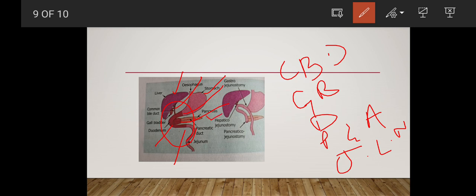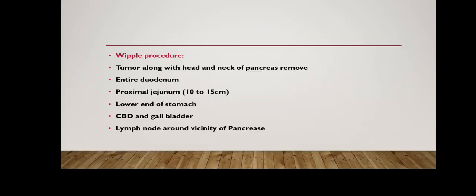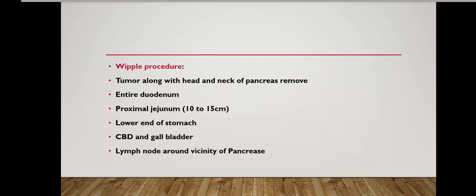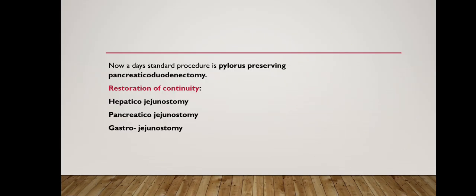remaining part of the pancreas are connected to the jejunum through hepatico-jejunostomy, gastrojejunostomy, and pancreatico-jejunostomy. Here, the tumor along with the head and neck of pancreas is removed, entire duodenum removed, proximal jejunum removed, lower end of the stomach, CBD, gallbladder, lymph nodes, and then to restore the continuity, we do hepatico-jejunostomy, pancreatico-jejunostomy, and gastro-jejunostomy. Nowadays, a standard procedure, that is pylorus preserving pancreatico-duodenectomy, is done, in which basically the pylorus and the antrum